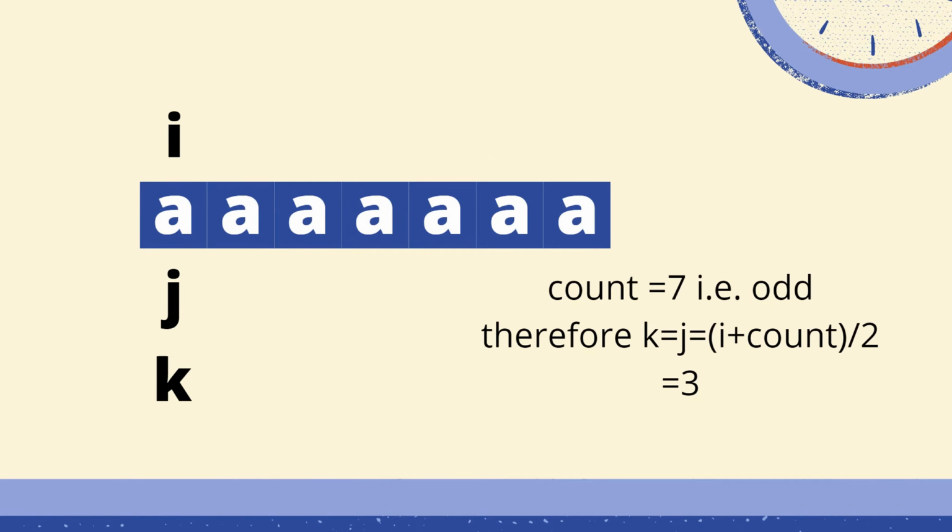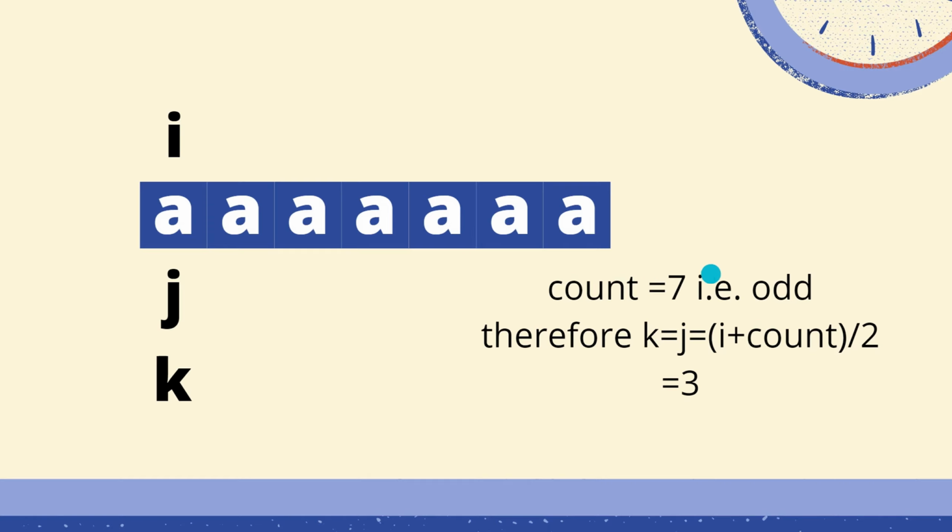Now let us see an example in which the character at the ith index and the character at the next index are the same. So in this case, if there are similar elements in the array, we are going to check the number of similar elements. In this case, the count is going to be 7, as there are 7 A's in this array that are continuous. So there are two types of conditions here too: the number of similar elements is even, or the number of similar elements is odd.